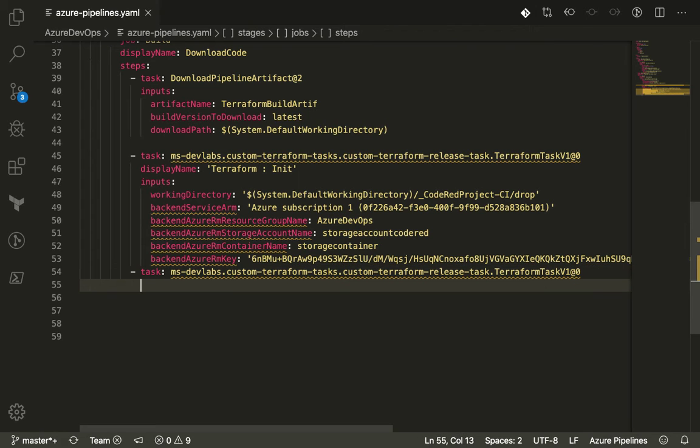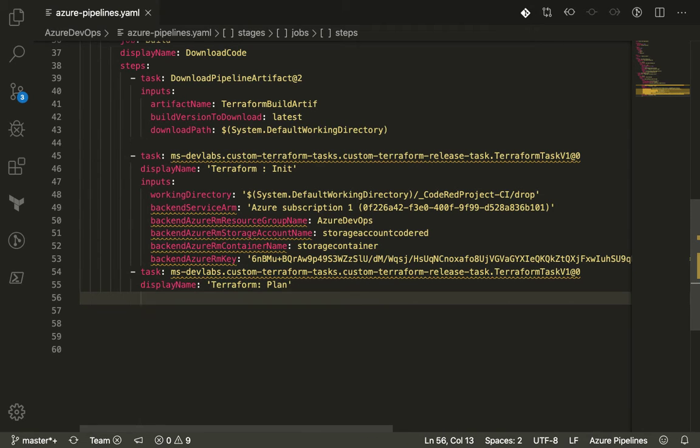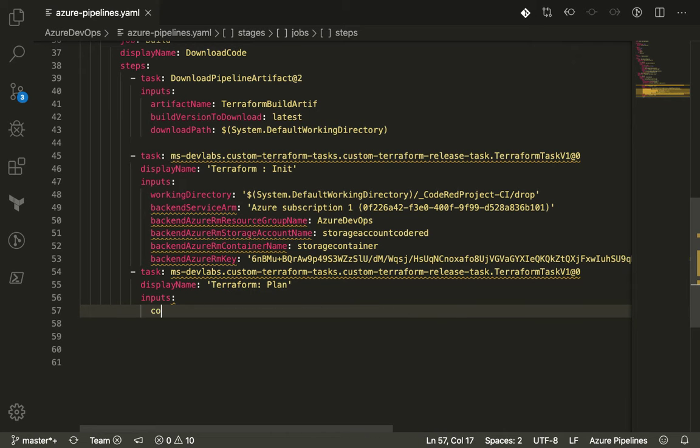So put it right over here and give it a display name, which is going to be Terraform plan. Put code, single quote right over here and one over here as well. Then we've got the inputs section, which would have a command, and the command would be plan, or rather start with validate,